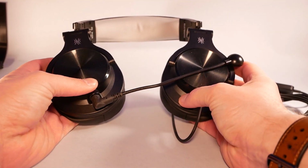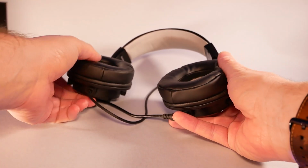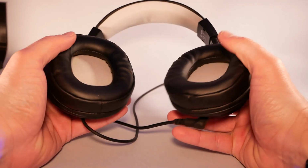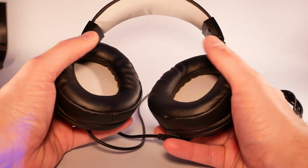On Amazon, you might find them at a sub £30 price point, which, you know how it goes with those headphones from a brand you're not familiar with. It can go either way. You can either grab yourself a bargain or pick up something utterly rubbish. The pads are very soft and the headphones are actually quite light, to the point where I scratched my head thinking that they actually have speakers inside, which means you can wear them for extensive periods of time without getting